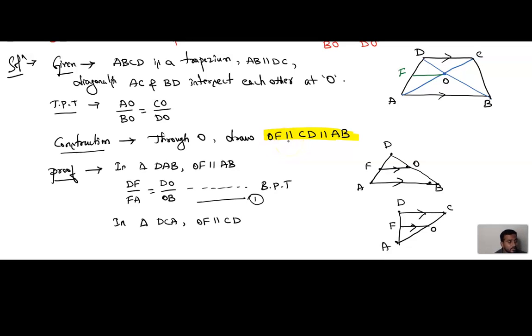What is the first line? CD. Where is CD? Up. This is C, this is D. Write that line. Then which is the other parallel line? OF. Where is it? It is here. We have F here. Because CD and OF are both parallel, no? Just join this. Where are they meeting? At A. This is the triangle. We got the triangle, right?